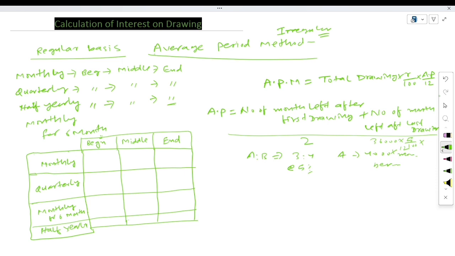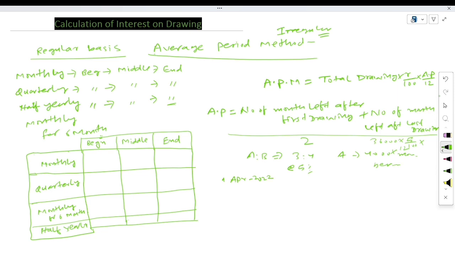This is the challenging task, that you will have to find average period. And here is the formula of calculating the average period: number of months left after first drawing plus number of months left after last drawing, upon 2. Okay, see here. Now suppose the financial year is starting from 1st April